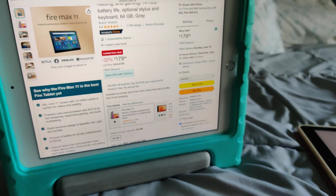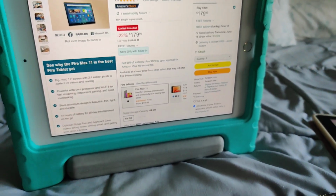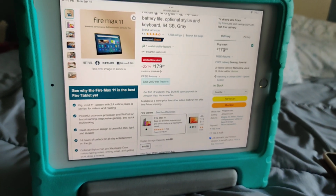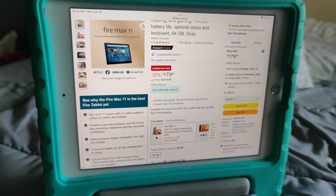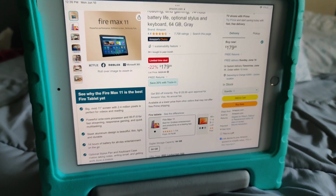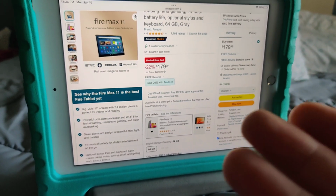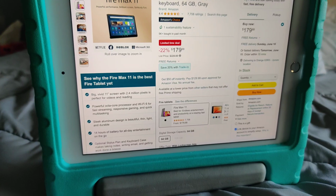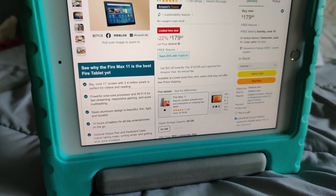Now, if you see it on sale for $180, should you still get it? I would not get it for $180. The tablet is definitely more of a budget tablet. The speed is adequate, but it's not worth $180, especially since there's lock screen ads. So that's one issue. Another issue is it doesn't have much RAM on it, and so